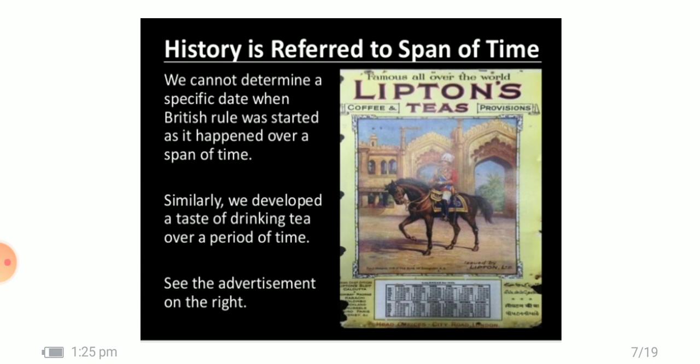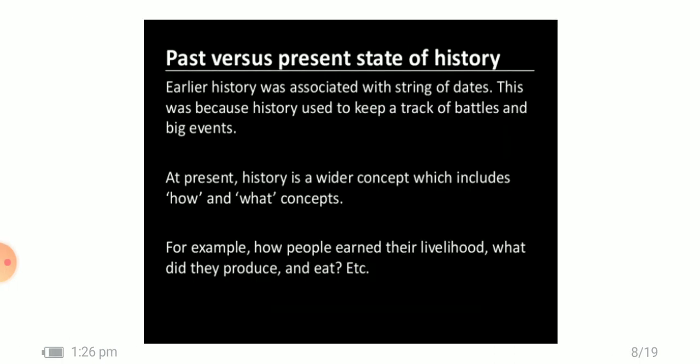Without referring to history, we cannot determine a specific date when British rule started, as it happened over a span of time. Similarly, we develop a taste for drinking tea over a period of time. See the advertisement on the right side, from the slide, Lipton teas. And the next slide,